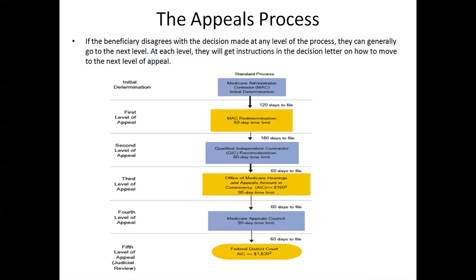That's if the amount in controversy is over $160. They've got a 90-day time limit to make that decision. So if it's over $160, then it can go to the third level of appeal, and then they've got 90 days to make that decision. Then if it wasn't in your favor, you've got 60 days to file the fourth level of appeal, and that goes to the Medicare Appeals Council, and they have 90 days to make their decision. And then, of course, if it was unfavorable, you've got 60 days to file the fifth